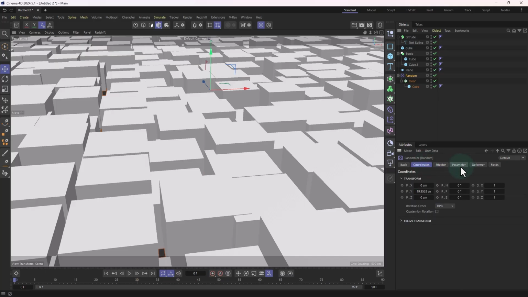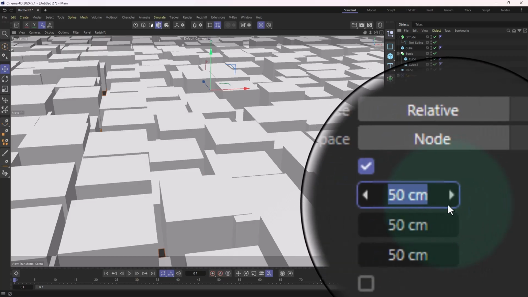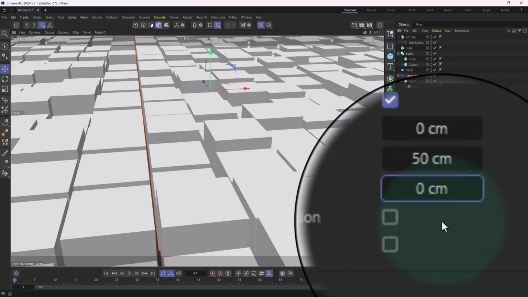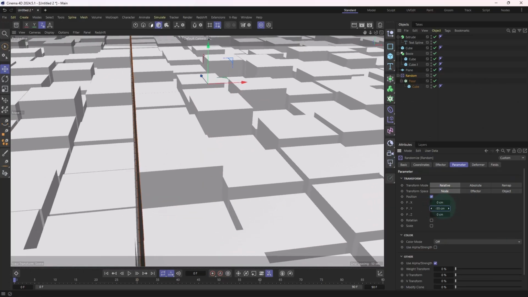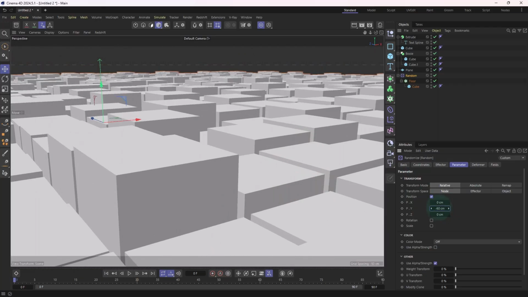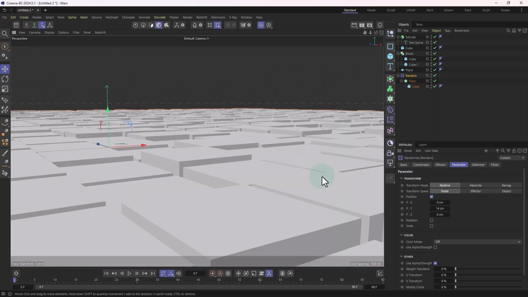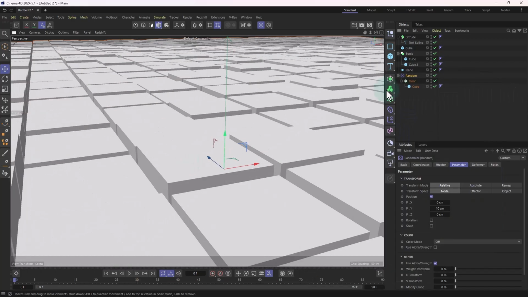So we come to the parameter. You can see the x is on 50, 50, 50 throughout. We zero it out. We zero it out to the z as well. So right now we only have it on the y-axis. So you can drop it down close, so that some are above, some are beneath, just like so. Make it 10. So we bring back our solo